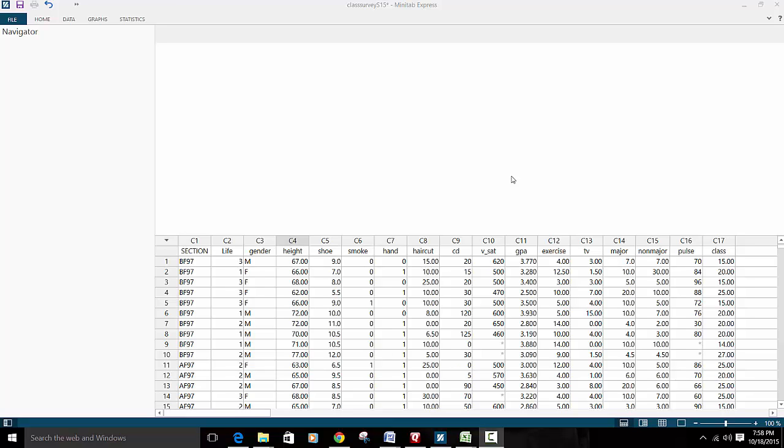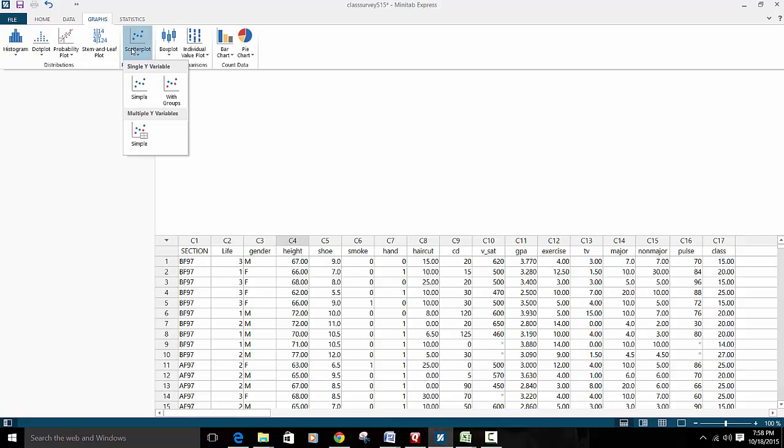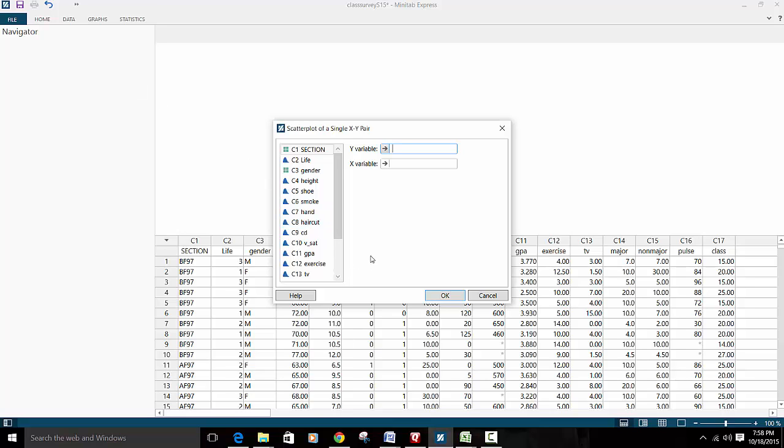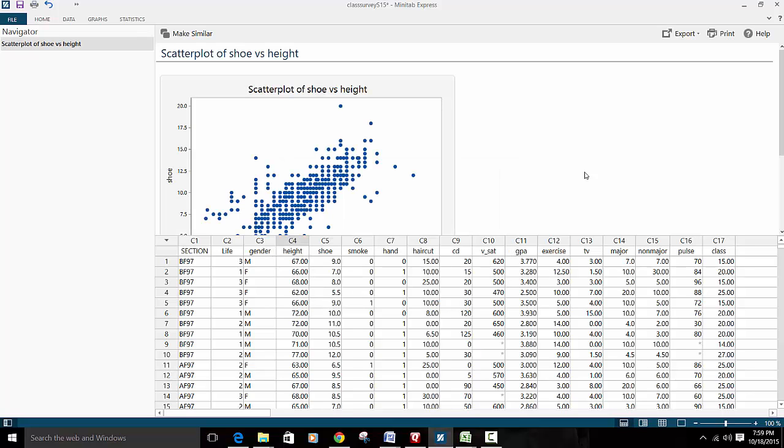We're once again looking at our class survey data file, and this time we want to learn about correlation and regression. So the first thing we might want to do is take a look at a scatter plot, which is a graph. So we'll click on Graph and then Scatter Plot, and we're just going to do a simple scatter plot for now. And I'm going to try to use height to predict shoe size. So shoe size would be my y variable or my response variable, and height would be the x. And I'll click OK. And here's my scatter plot